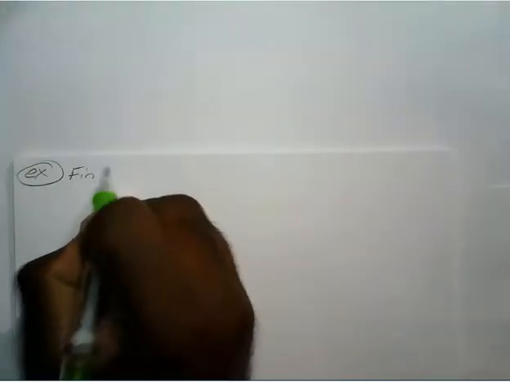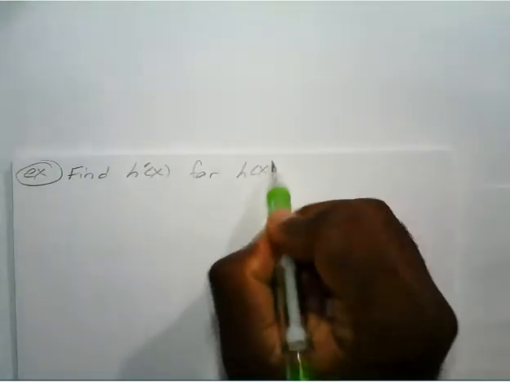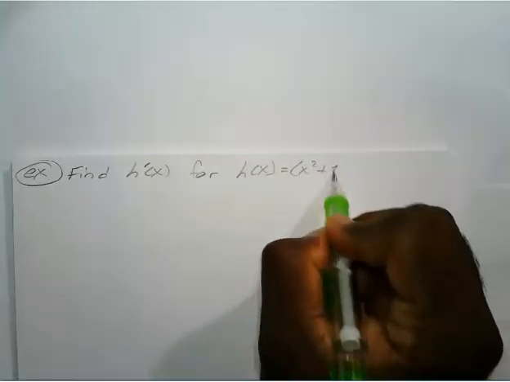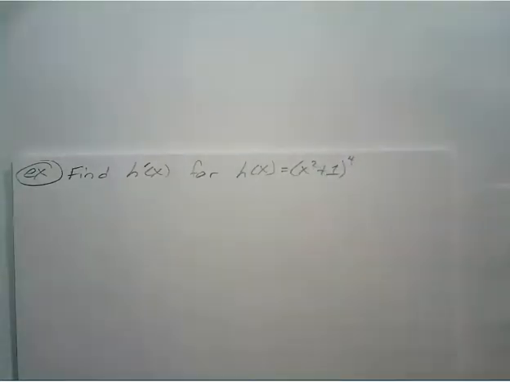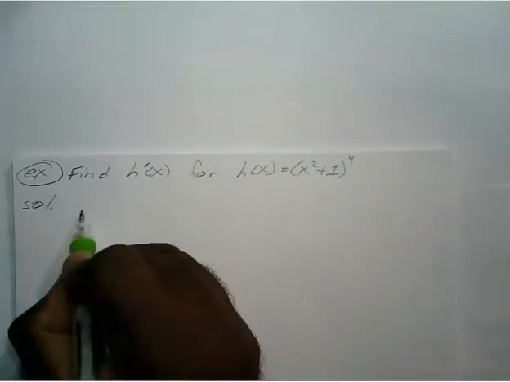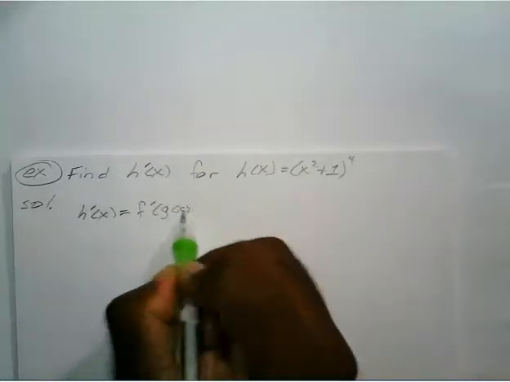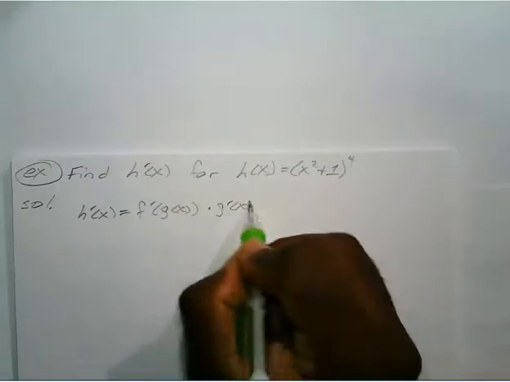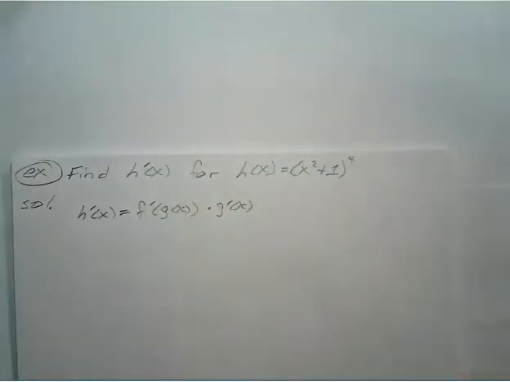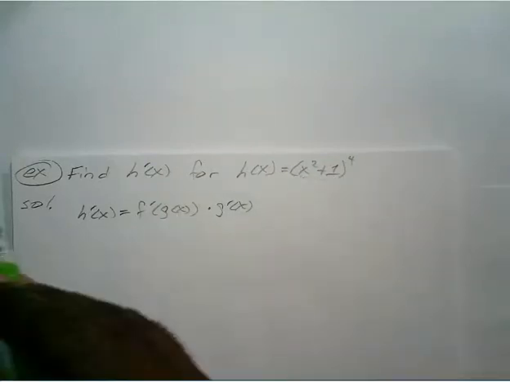Okay, so hopefully after a couple of examples, the pattern will start to make sense. So what if we wanted to find the derivative for h(x) = (x² + 1)⁴? Okay, so once again, we remember our chain rule. The derivative is equal to f'(g(x)) times g'(x). Your g(x) is always what's inside. Okay, so that means your derivative